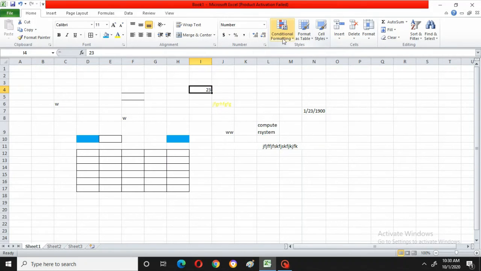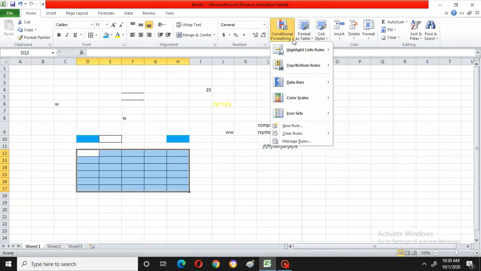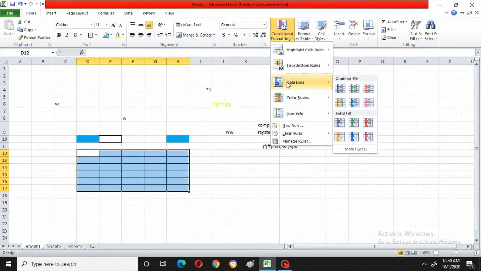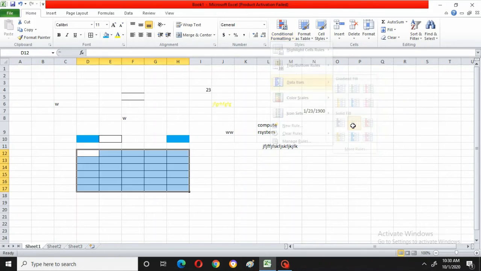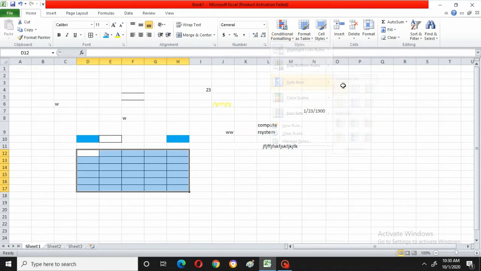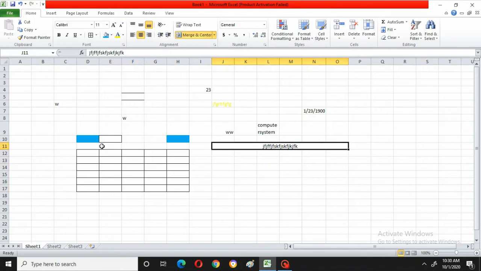Now come to styles. Styles are nothing but just formatting the cells. Now I will take this format table and I will show you the formatting. I am selecting it and I will go to conditional formatting. See, can you see highlight cells, rules, top bottom rules. So, suppose if I go for data bars, see what happens. Under data bars again you have different gradient fill, solid fill. So I'll go to this data bars. Under this gradient, anything has happened? Nothing has happened.